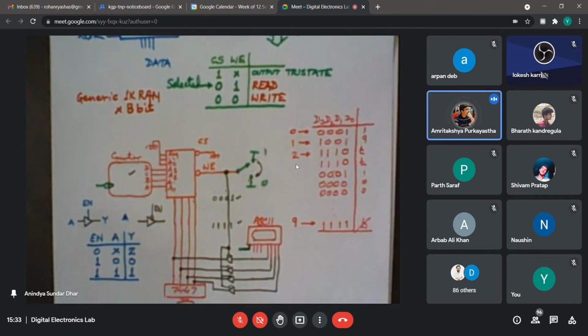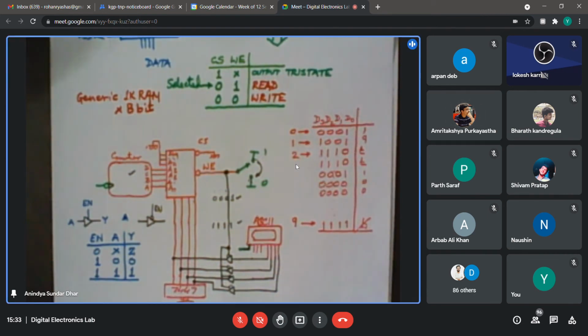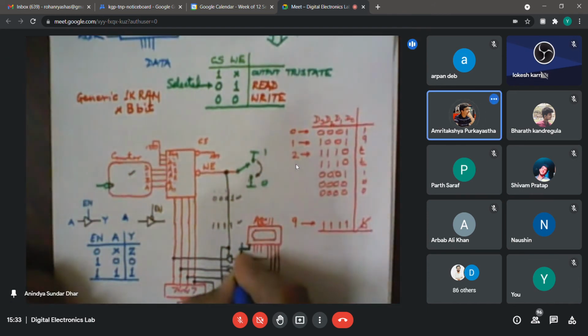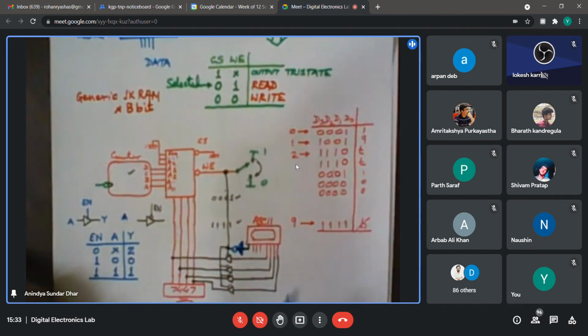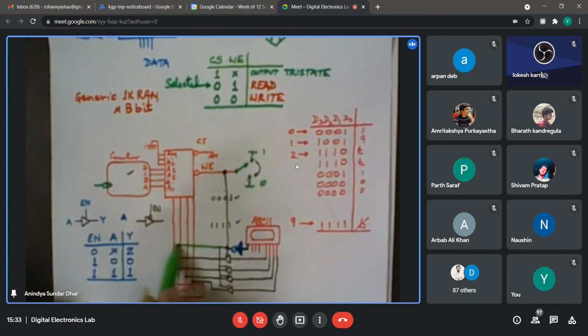Maybe we will need an inverter. Okay, justify why I need that. The strobe is a positive pulse, right? Strobe is a positive going pulse. So I require an inverter, then I can connect it, right? Okay, so whenever I press, can I use the same signal for generating the clock for the counter? Yes, sir.